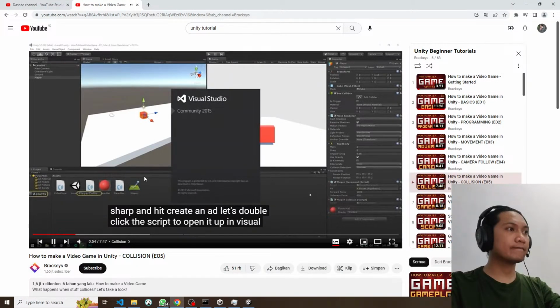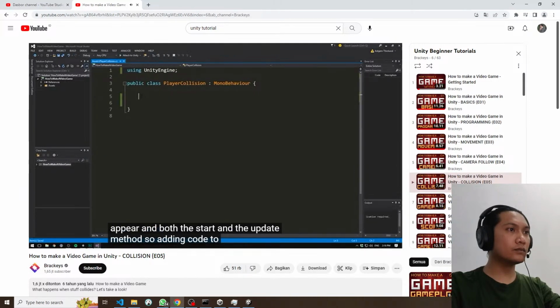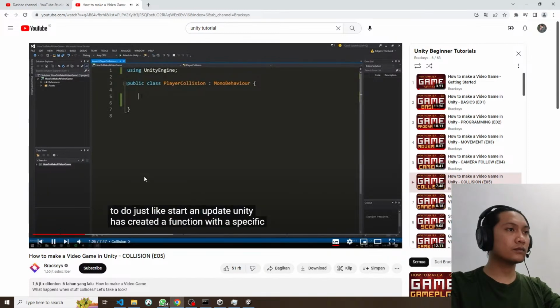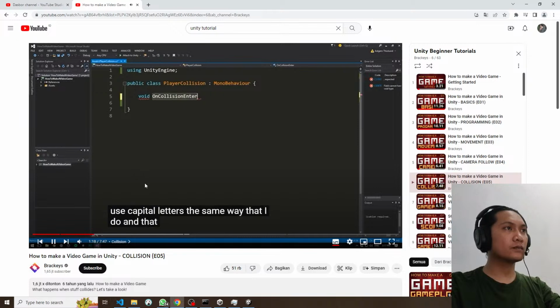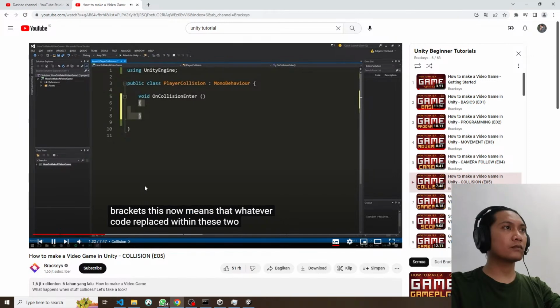Open it up in Visual Studio, let's delete the two using tags up here and both the start and the update method. So adding code to colliding objects in Unity is actually really easy to do. Just like start and update, Unity has created a function with a specific name that is called whenever two objects collide. Let's write void just as we would do with start and update, and then write OnCollisionEnter. Make sure to use capital letters the same way that I do, and that you spell this in the right way. If you do this wrong, Unity is not going to throw an error, it's not going to complain in any way, but it's just not going to be working. We can then open and close some parentheses and some curly brackets. This now means that whatever code we place within these two curly brackets will be called whenever this object collides with something. So if we save this and